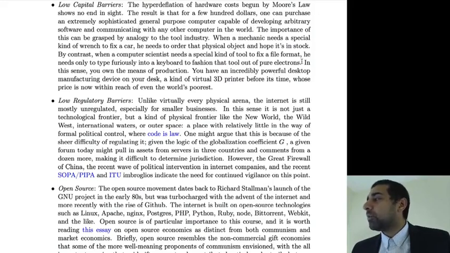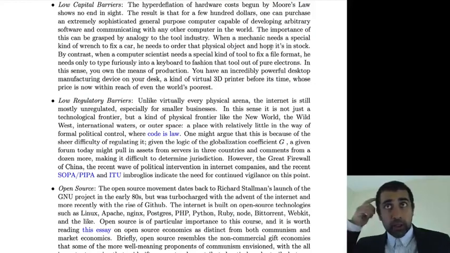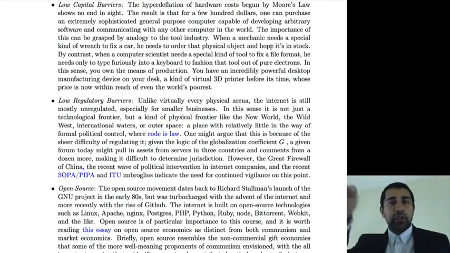A useful way to think about this is, if you're a mechanic and you need a special wrench, you need to go to the store, or go to the catalog and order that wrench. If you're a computer scientist or a software engineer and you need a special tool, all you need to do is think it up and then type furiously into your keyboard, and suddenly this wrench of pure electrons is there, and then you can use it to tweak whatever piece you want. So you can think of it as your own 3D printer before the term 3D printer.